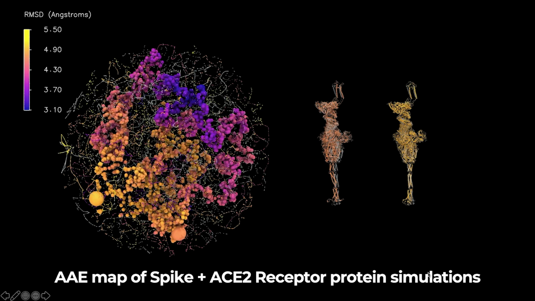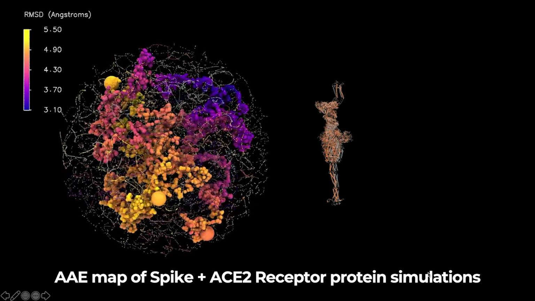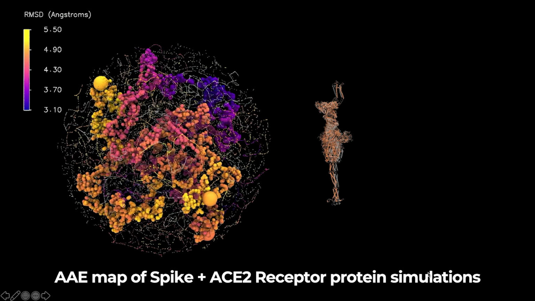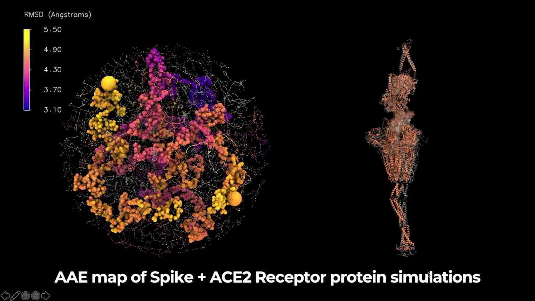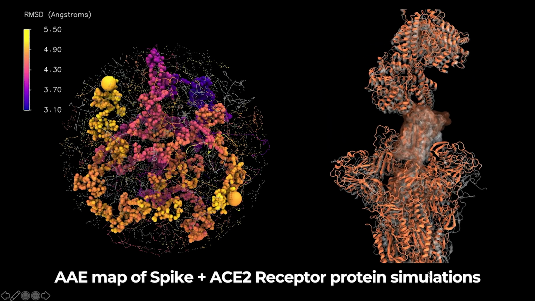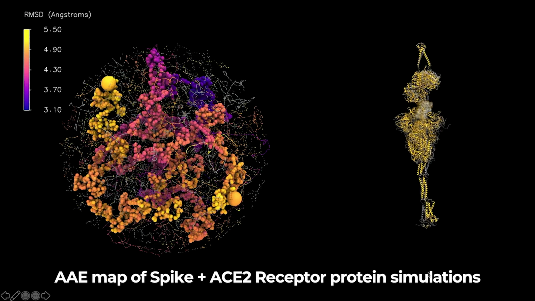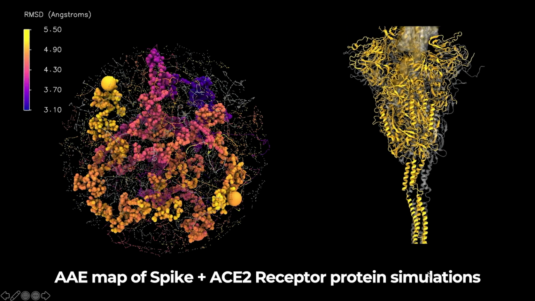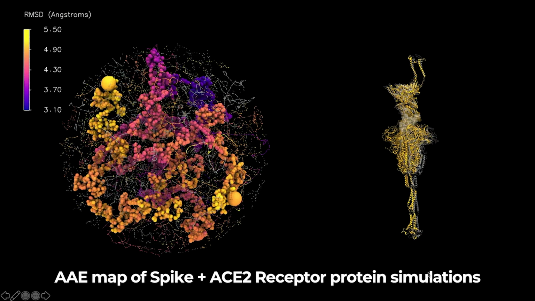The next set of data we started looking at allowed us to visualize some of these outliers when it came to both the spike and the ACE2 receptor simulations. When we look at the spike and ACE2 receptor simulations, we do identify a number of outliers in the same space, but with a much smaller degree of freedom, where you can observe that the overall RMSD varies between 3 and 5 angstroms. This shows significant motions in certain parts of the protein, including the spike stalk region, which is what we wanted to sample a lot more. The second time we looked at these motions, we were able to capture even more of these conformational changes, which allowed us to determine that these are true outliers from the data.